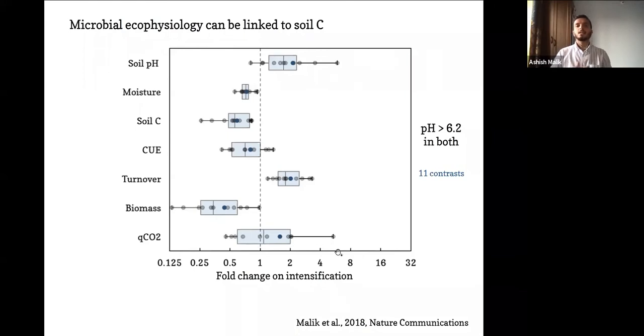So this really suggests that in these intensive systems, you have a very wasteful sort of growth. Microbes are growing really fast, but their efficiency is low. So the overall growth yield will be lower, and therefore there is a lower biomass that's available to form soil organic matter. And then we tried to look at why the growth yield is lower in these intensive systems.